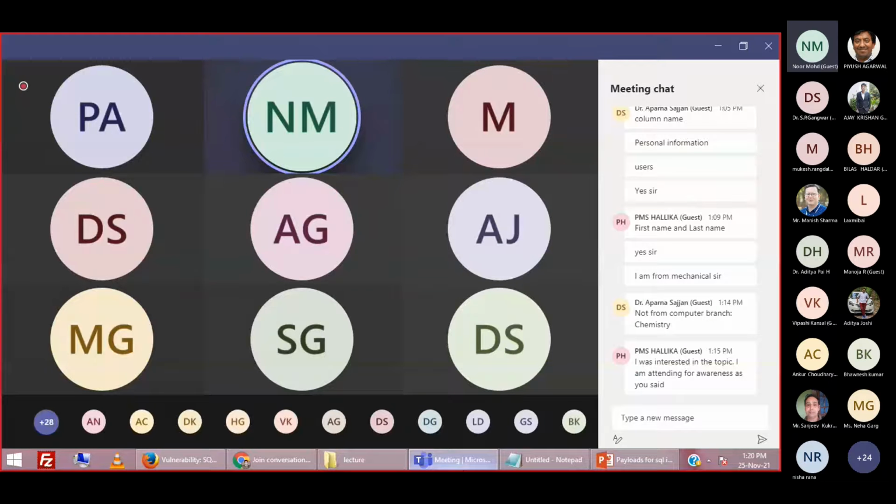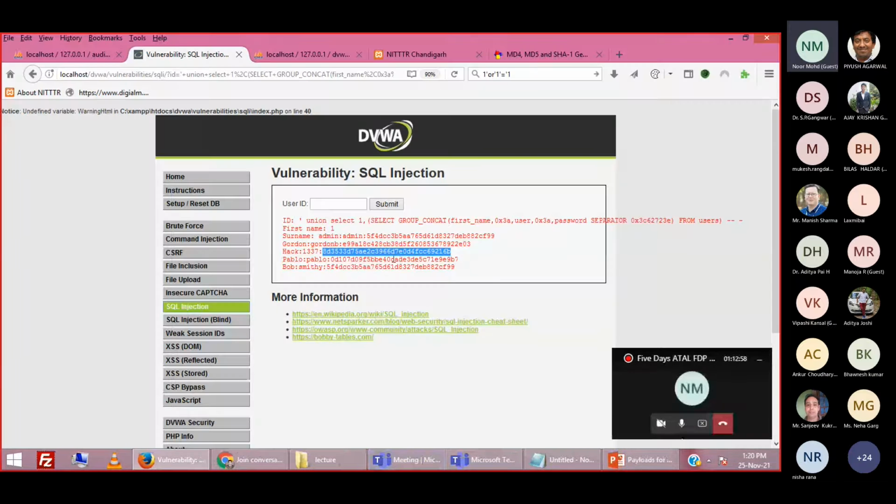But a hacker has a different mechanism. They can even decrypt it, though mathematically it is not possible. Mathematically it is not possible to decrypt these values. These encryption techniques are very strong.